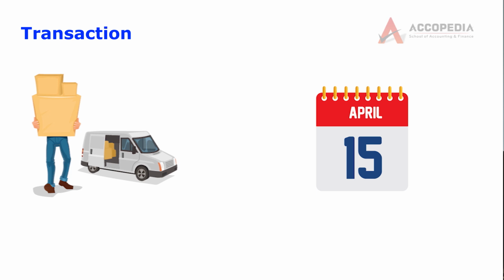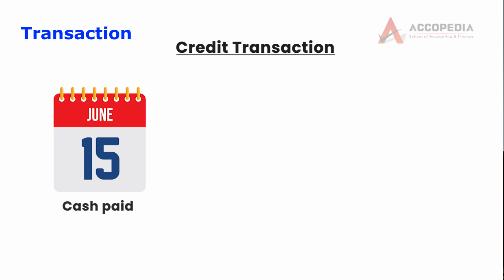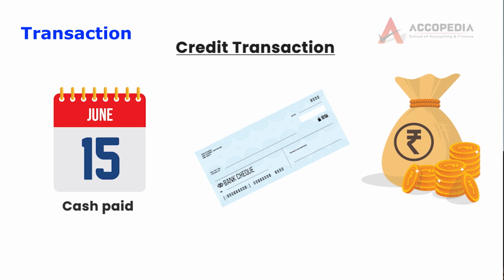In the case of a credit transaction, one part of the transaction takes place today. The second part, that is settlement, may take place at a later date. Suppose I purchase a raw material and I make the payment after 2 months. Then it is a credit transaction. After 2 months, maybe I will be paying cash or by check, it doesn't matter. It is still a credit transaction. Now suppose I make a payment by a check or by credit card. It is again a cash transaction because I have paid immediately.